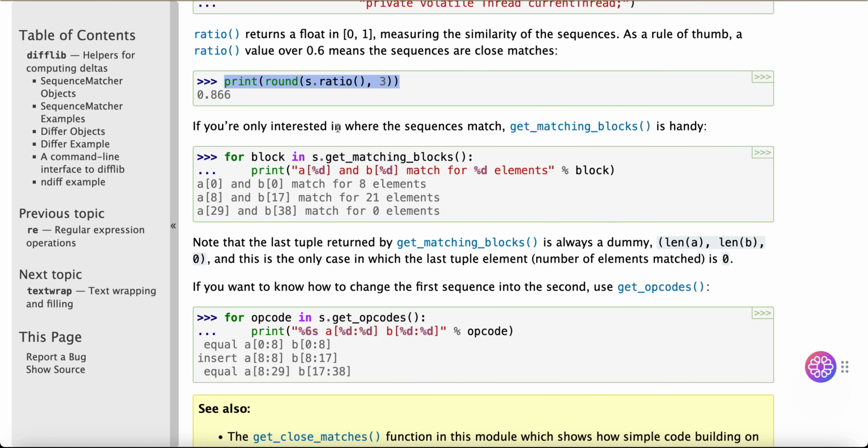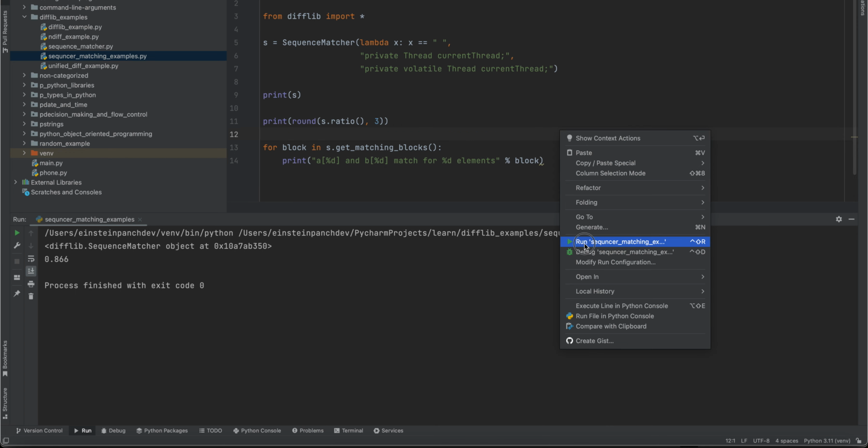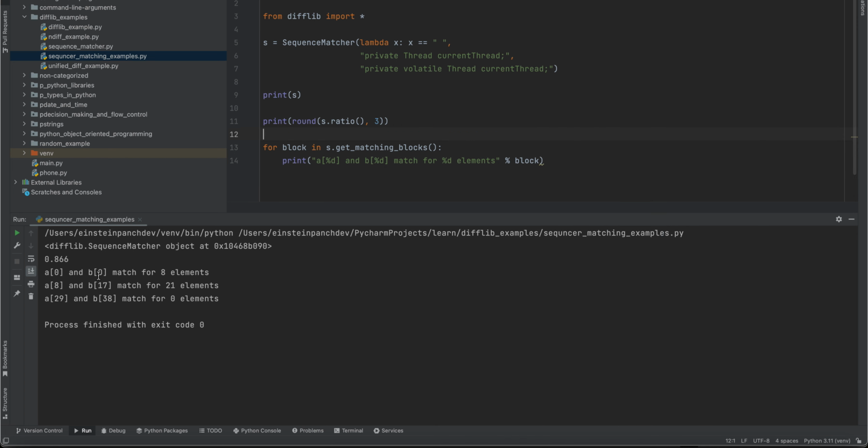If you are only interested in where the sequences match, get_matching_blocks is handy. For block in s dot get_matching_blocks, print block. For block, a percentage d and b percentage d match for percentage d elements. Block a0 and b0, a0 to b0, correct, then